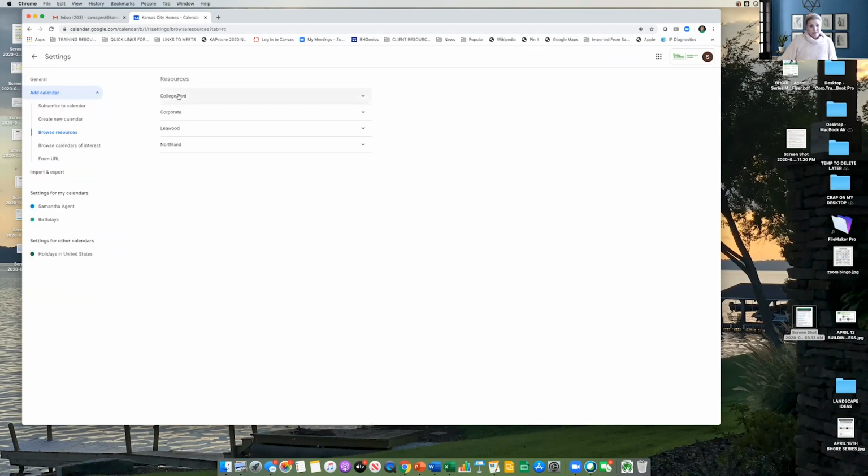So you'll have some different resources that might come up here for you versus Sam. These are the resources within the Kansas City Homes platform that Sam has access to. The Engage calendar sits under corporate because I want to make sure that agents from every office have access to this. So under corporate, I'm going to click the down arrow here,